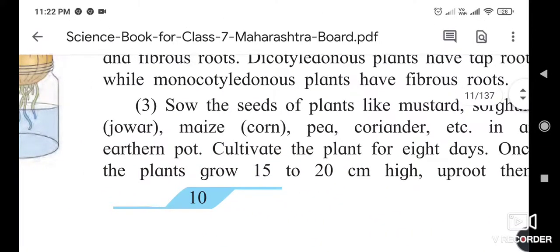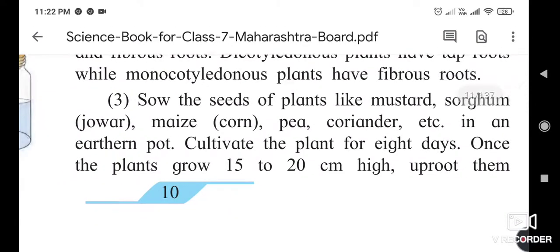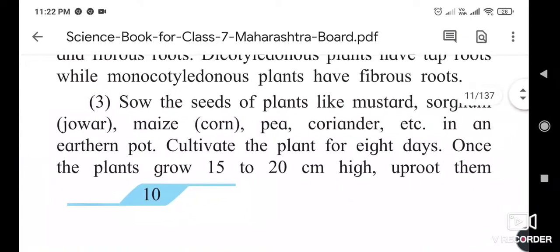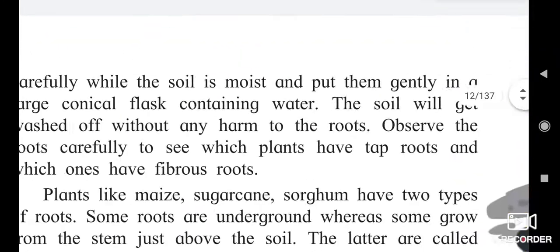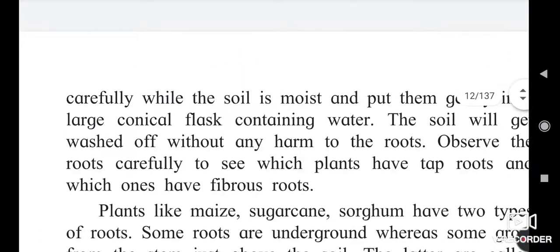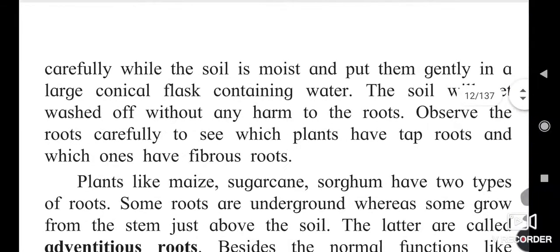Take seeds of plants like mustard, sorghum, maize, pea, coriander, etc. In an earthen pot, cultivate the plants for 8 days. Once the plant grows 15 to 20 centimeters high, uproot them carefully while the soil is moist, and put them gently in a large conical flask containing water.